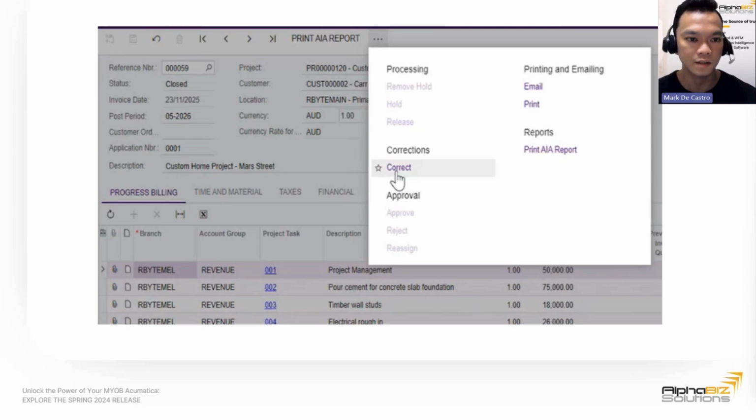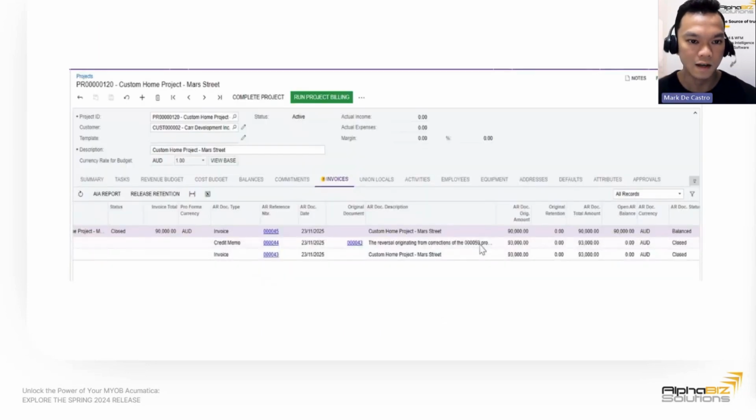So if you go on to the next slide. After releasing that transaction, the system creates a credit memo, which is automatically applied to our original invoice, as you can see on the last line. And then there's a second line for the credit memo. We can see that this automation has created a new pro forma invoice as well on the first line, and that's for the adjusted amount. So that's going to be sitting on hold. That's for the users to review and just release when they're ready to be processed.